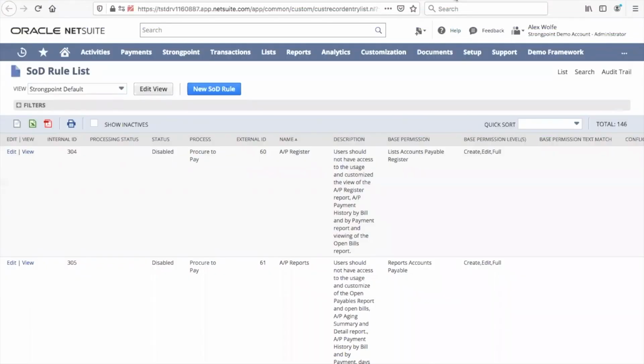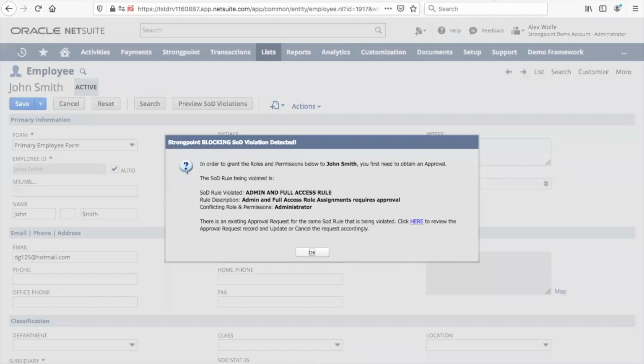Implementing SoD often requires a review of your user roles, and Strongpoint has tools for both reviewing it ahead of SoD implementation and also doing access reviews on an ongoing basis in a way that makes it massively more efficient than the way people conventionally do it. So in addition to having a library of over 140 rules, we also have an integration at the employee record